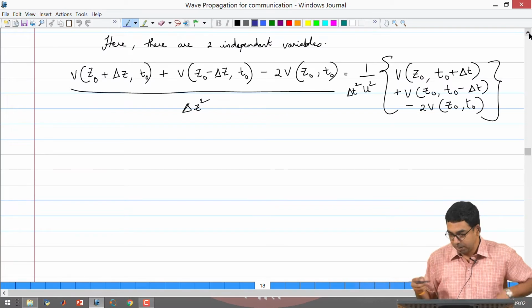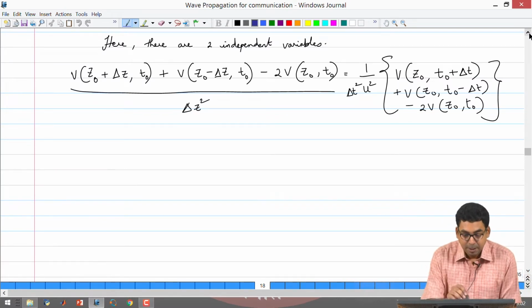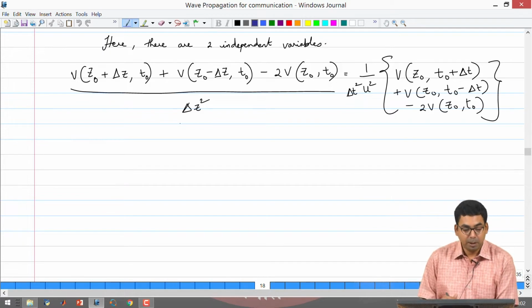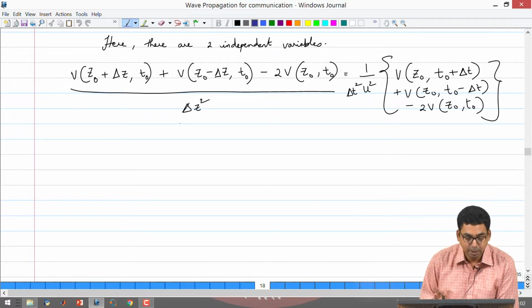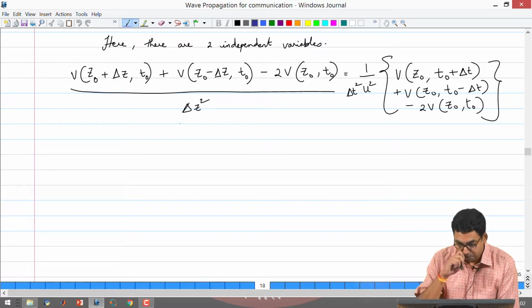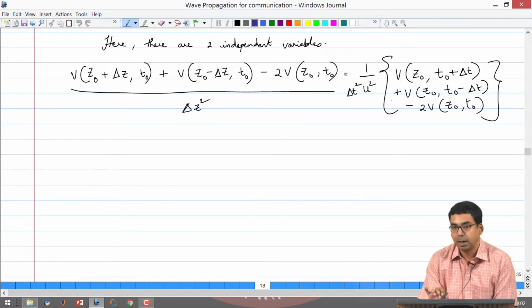We'll begin where we left off. The last step that we wrote down was to go back to the wave equation in the transmission line, take the voltage wave equation and write that down in the difference form. When we write this down in the difference form, we will have to look at what the unknown quantity is, bring the unknown quantity to the left side, and all the remaining quantities to the right side.